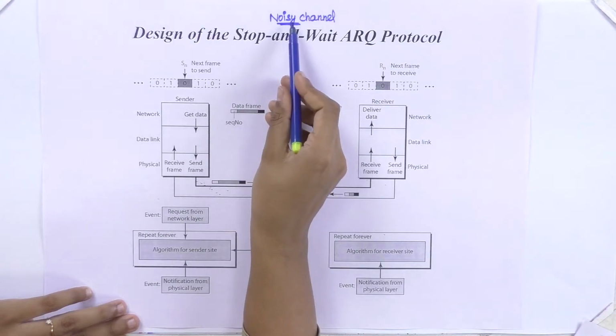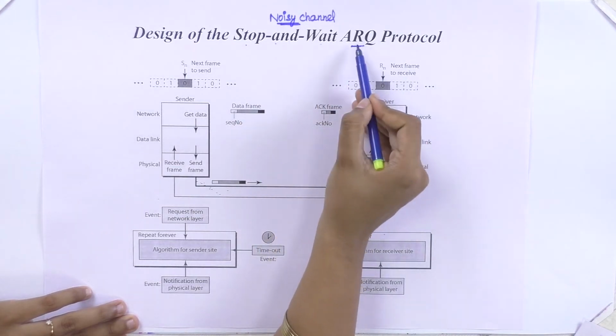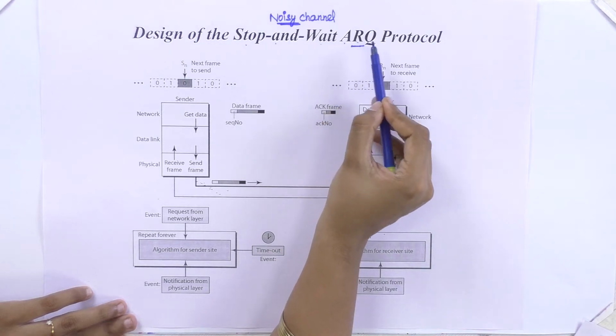The first among the noisy channel protocols is Stop and Wait ARQ. ARQ means automatic repeat request. The concept of stop and wait is the same as in the noiseless case, but the thing added here is that you will have a time limit for each and every frame you send to the receiver. So if the time has exceeded and the acknowledgement has not arrived, the frame is retransmitted by the sender,